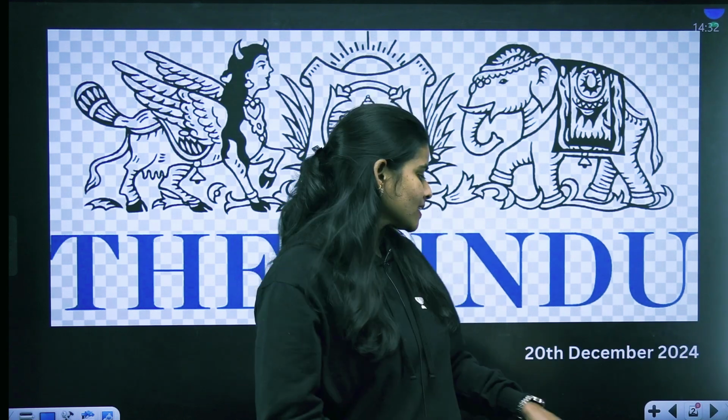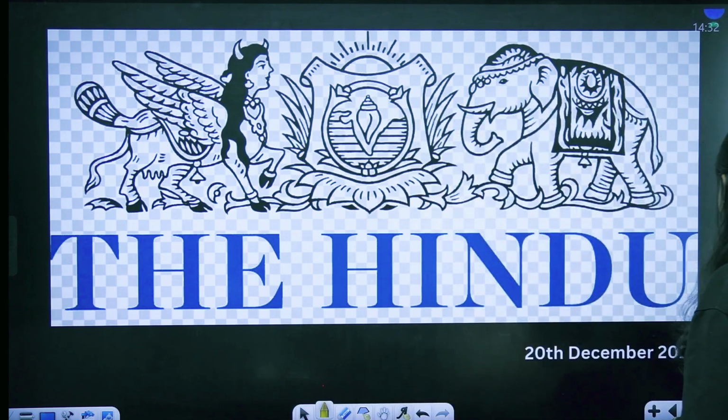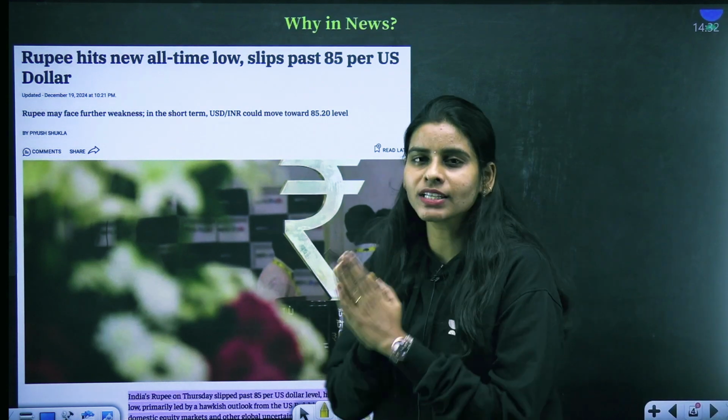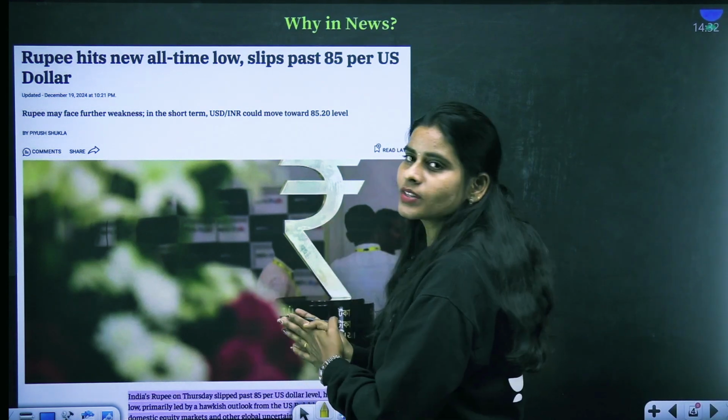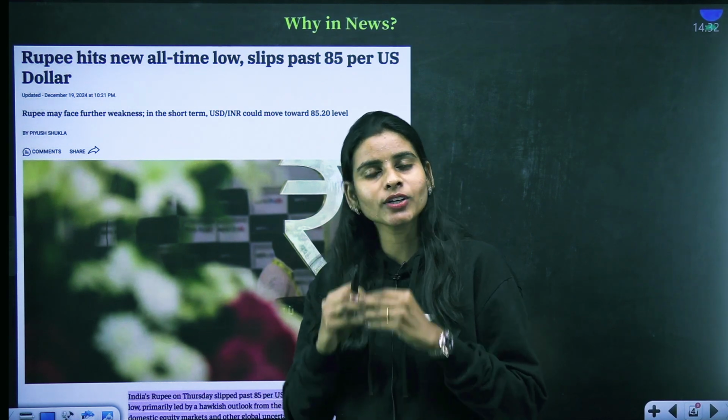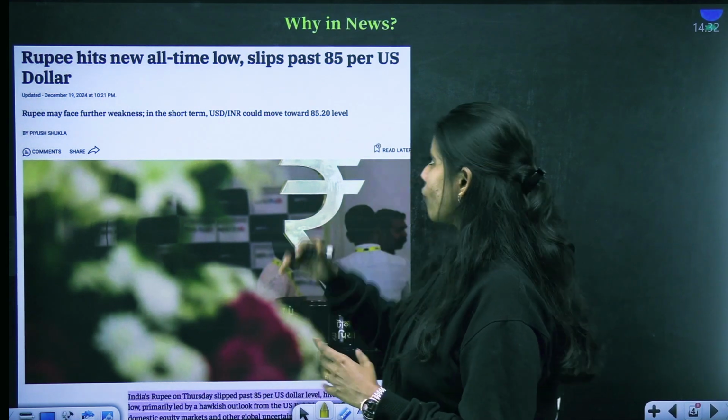So now let's continue our MCQs from 20th December 2024, and the first MCQ is going to be from this article, that is, rupee value depreciated to a record low of 85